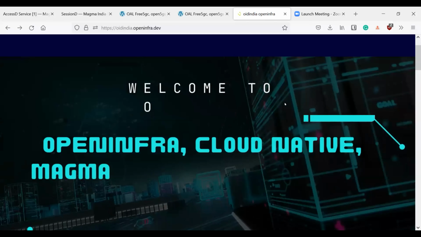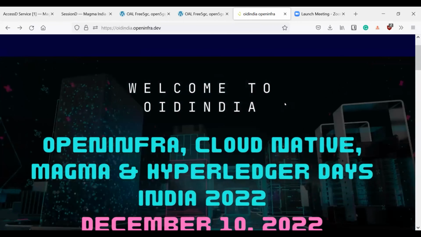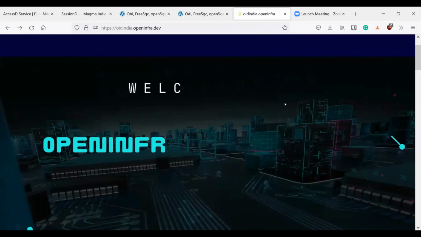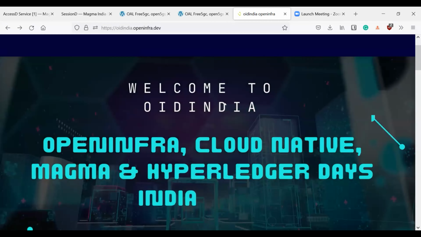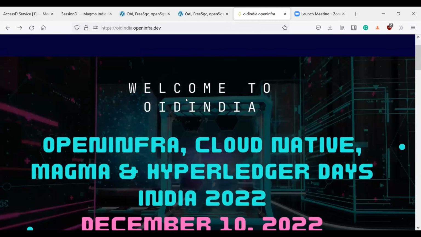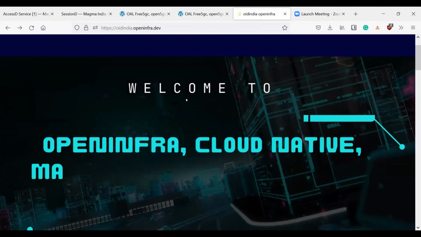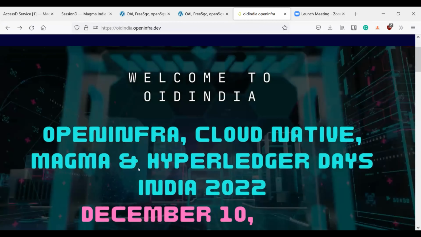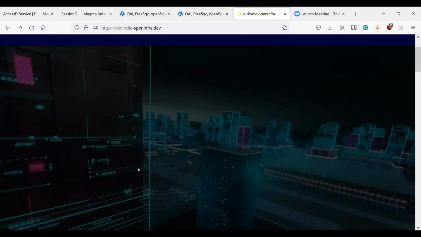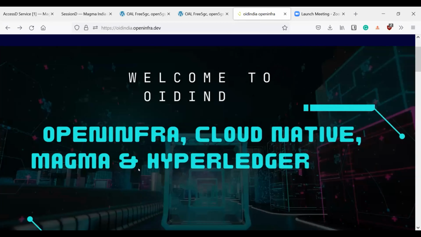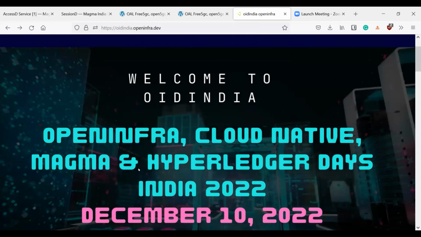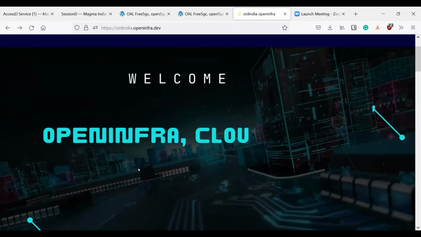Some community updates: we are working with the Open Infra Foundation. I was talking to Alison regarding Open Infrastructure Days, and we included Magma as well, so that it helps us grow in India. We already discussed this with Open Infra, Cloud Native, and Hyperledger.